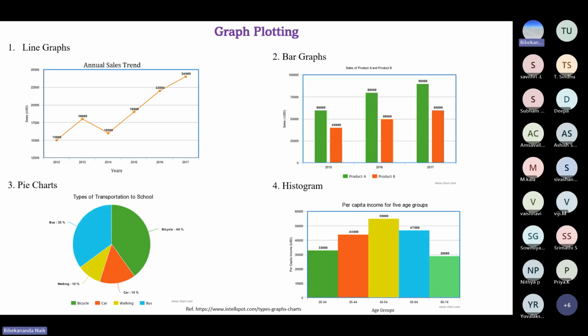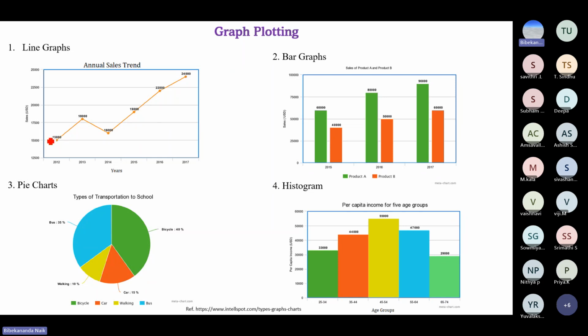So now after data measurement, we need to plot the graph. So we should know how to plot the graph. Let's discuss graph plotting. There are different types of graphs. For example, one is line graph, and we generally use line graph to show some trend, like when you are seeing some quantities varying, reducing or increasing with respect to another quantity,